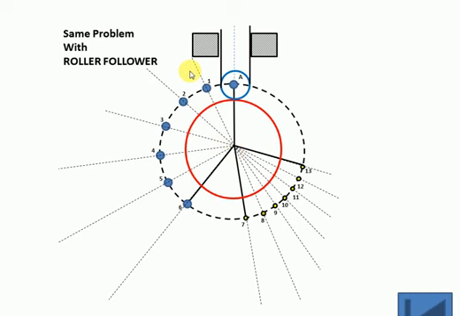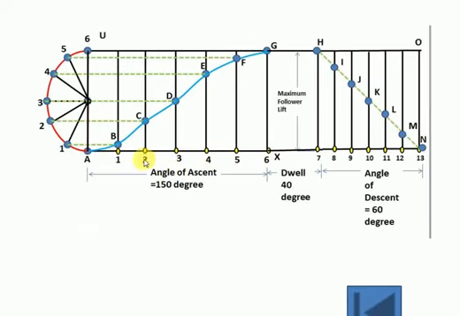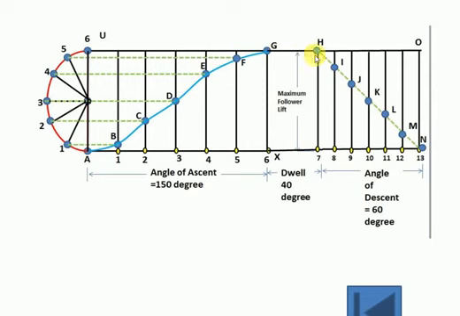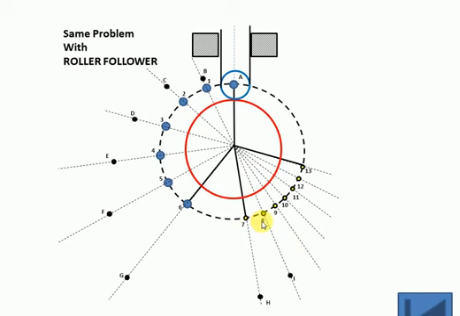Now, as we have done in the previous question with the knife edge, from point 1 till B, then from point 2 till C, from 3 till D, we'll mark an arc, that is from point 1 till B will have a displacement, 2 to C, and in the same way D, E, F, G. And in the same way from point 7 to H, 8 to I, we'll measure the distance and mark points H, I, J, K, L, M and N. This much is the same; the only difference is that we have taken a prime circle here, and instead of marking the points on the base circle, we have marked them on the prime circle.